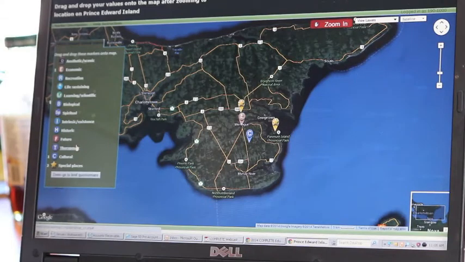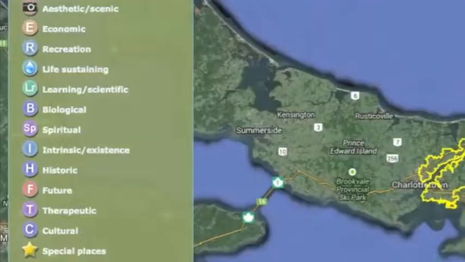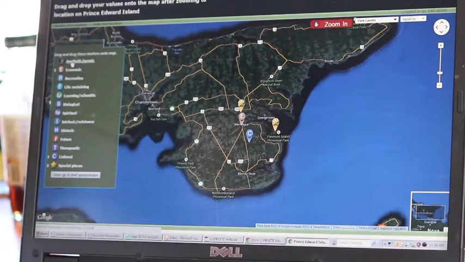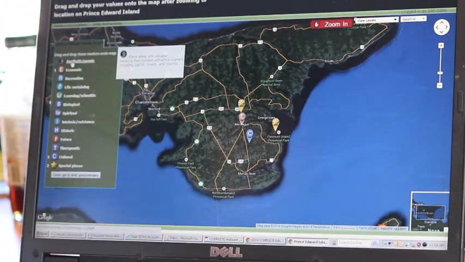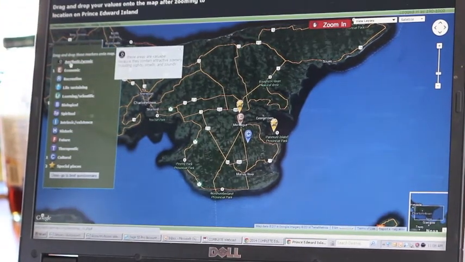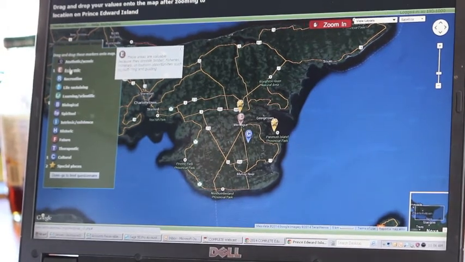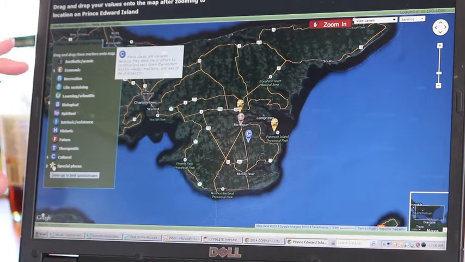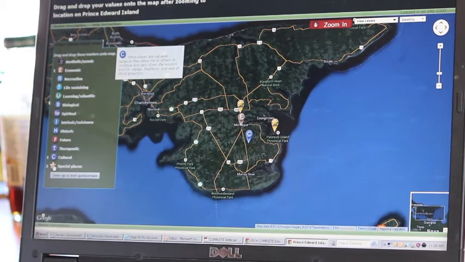So on the left-hand side of the page, you have a list of 13 values. The first 12 are specific values. And if you click on them, it will tell you a little bit of a definition about what that value represents. You can go and scroll through each of those values to give you the definition until you get down to a special place where you might have a value that doesn't fit in with the first 12. That could be a place that's